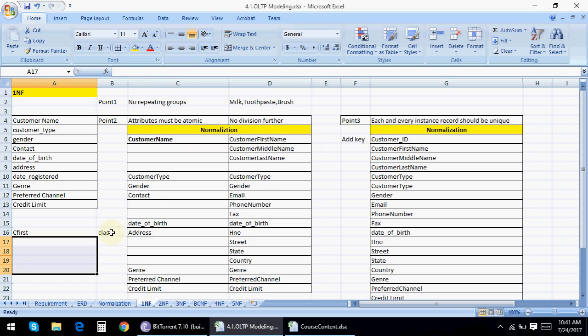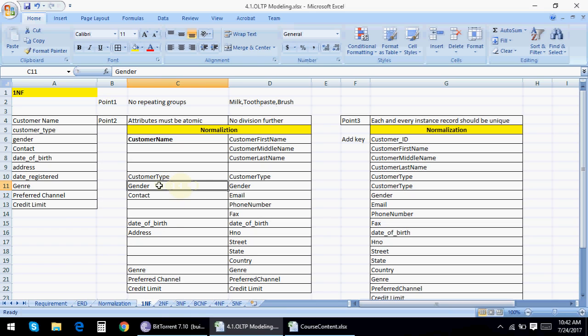So you should not see things in terms of rows. You can enter Yunus, MD, Hamid, AB. So you can grow your record size in millions and millions of records. You can enter the data here, but the columns will remain intact. So once you make things atomic, you need not add further columns of the same nature of data. So that's the whole purpose of normalization. So you can't split customer type further.